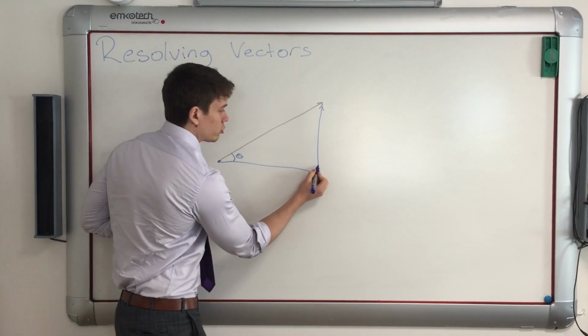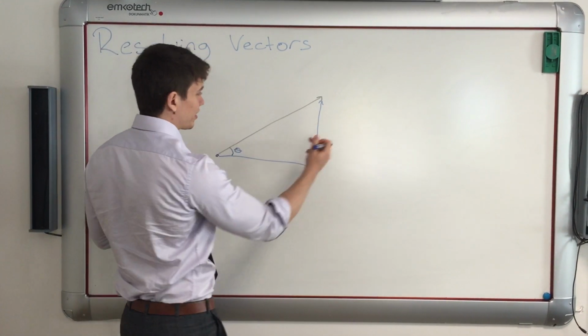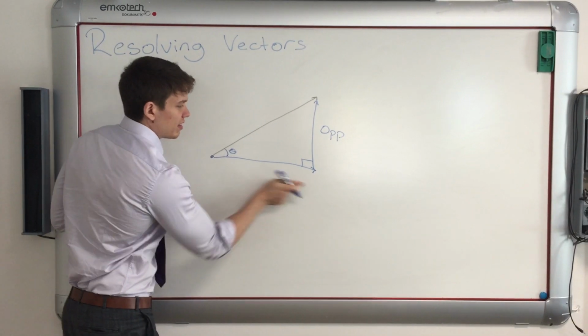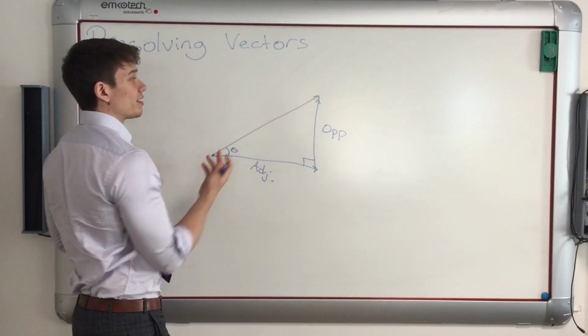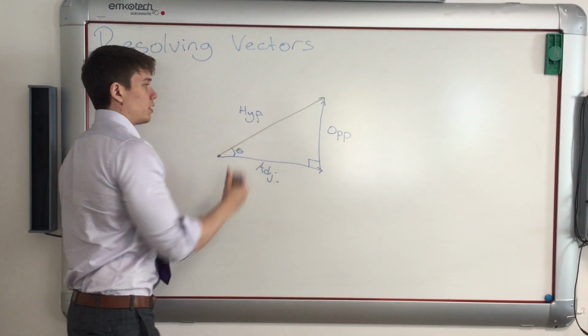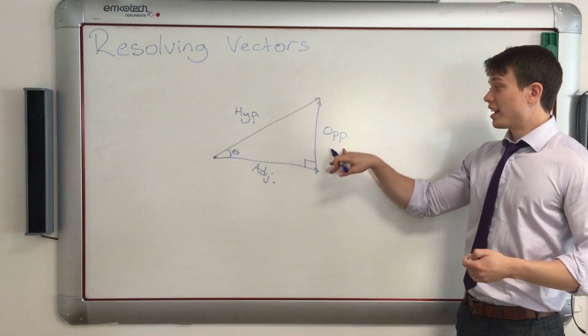Because it's a right angle triangle and we know one of the angles, the opposite side is the opposite. This side is the adjacent, and the longest side, our original vector, is going to be the hypotenuse. So if we know what the hypotenuse is, we can calculate, using our angle, the opposite and